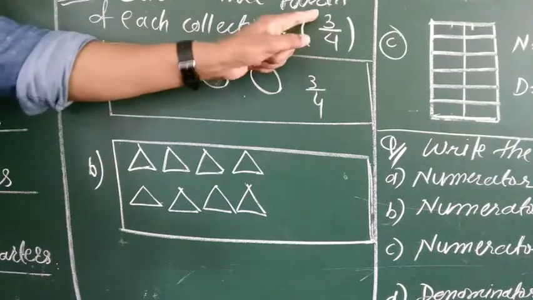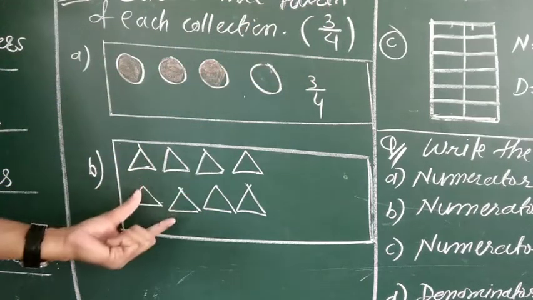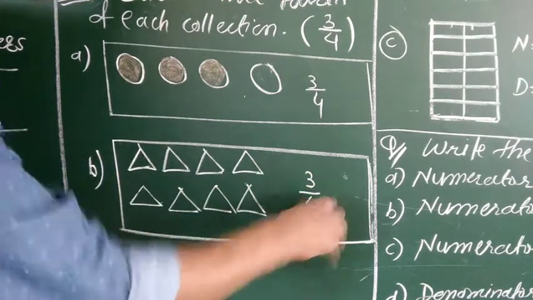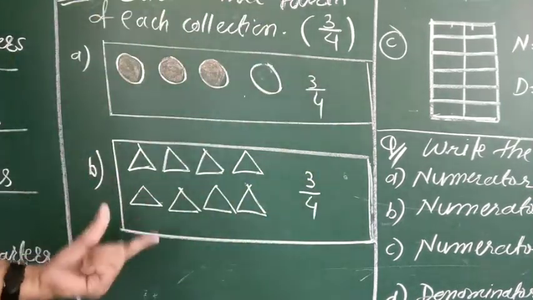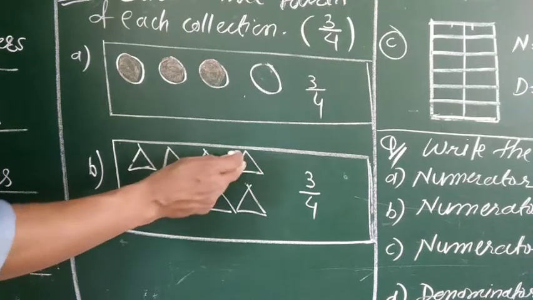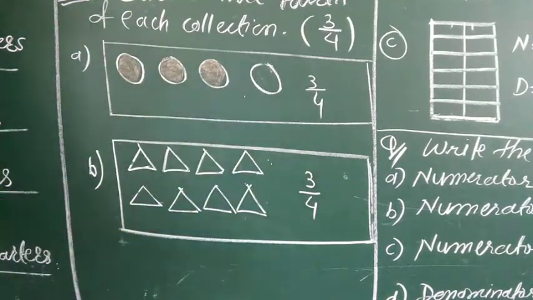If we have to color 3/4, 4 में से 3 color करना है, then how many steps do we have to color here out of these 8 to make it 3/4? अगर इसको 3/4 करना है तो हमें इसको कितना कलर करना पड़ेगा? How many steps? देखिए 4 में से 3 हो गए and then 4 में से 3, so the total will be 3 plus 3. We have to color 6 here.